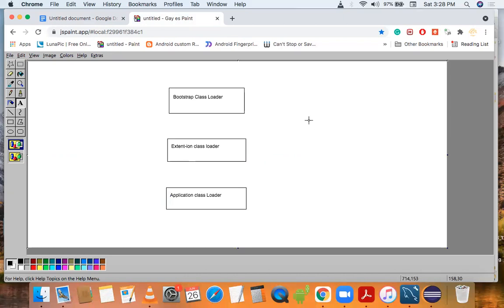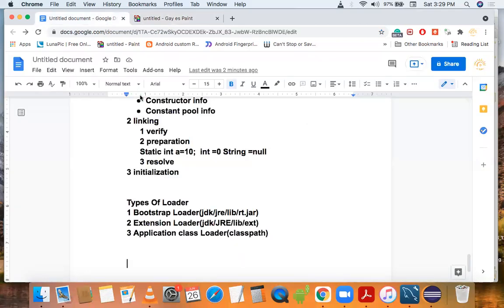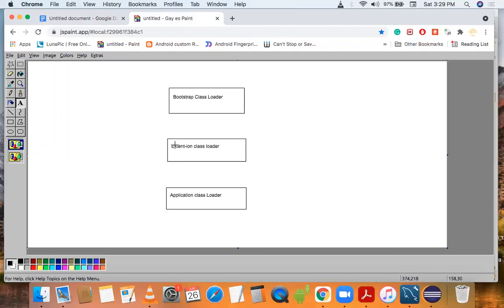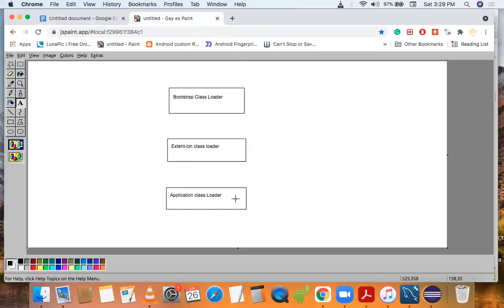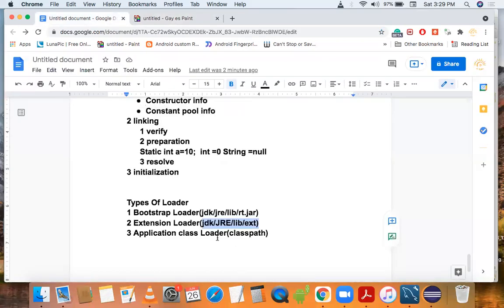So basically, the bootstrap class loader will search all .class files in this path: JDK, JRE, lib, in the rt.jar file, and the extension class loader will search in this path, and our application class loader will search in the classpath. So basically, it will use our environment variable.